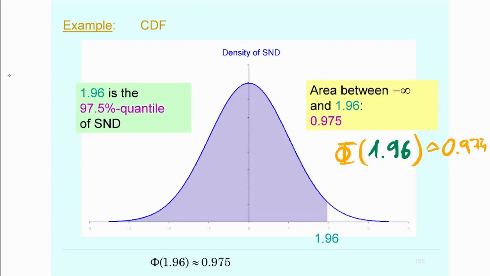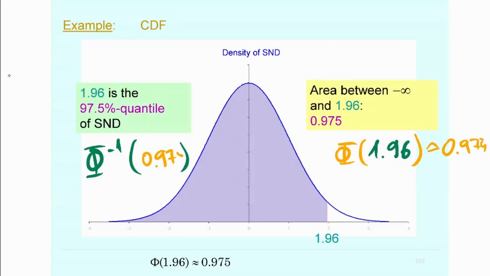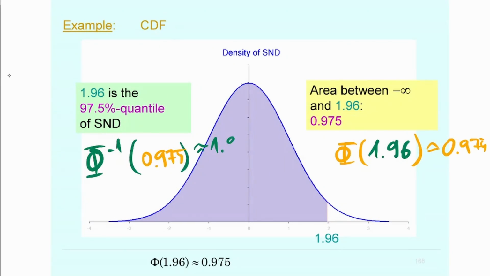This means, on the other hand, since this function is, again, not bijective, but you can basically invert it. The density is not bijective, but the cumulative distribution function is, so you can take the pre-image. So the pre-image of 0.975 under the cumulative distribution function is approximately 1.96, because 1.96 is the 97.5% quantile of the distribution. Understand that point, guys? I think you've seen this before.